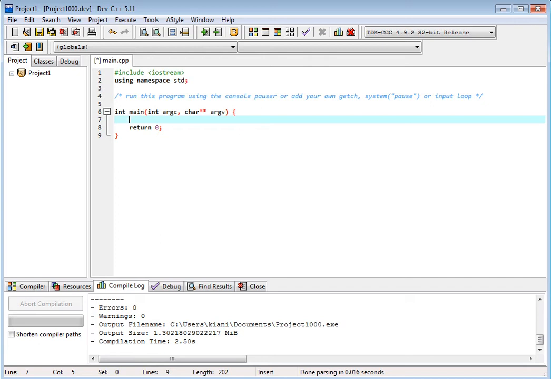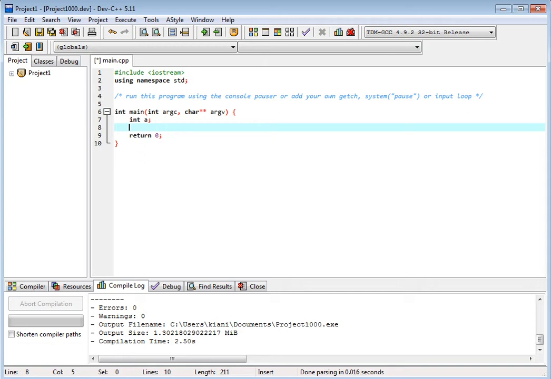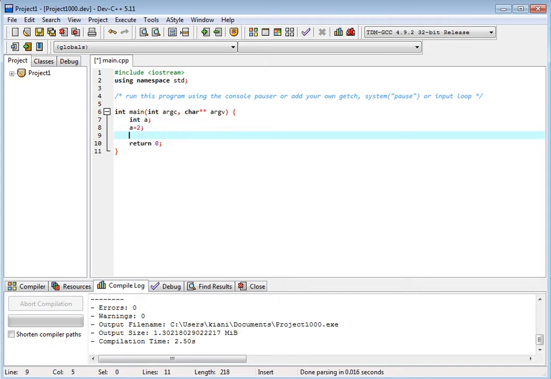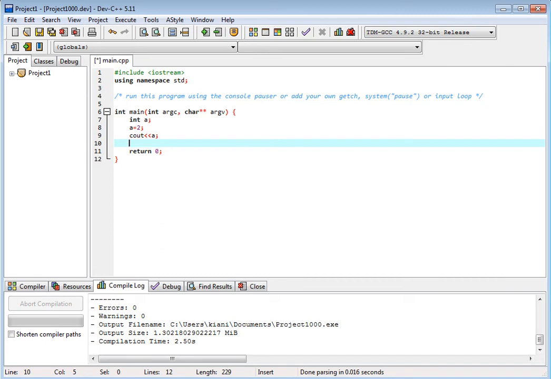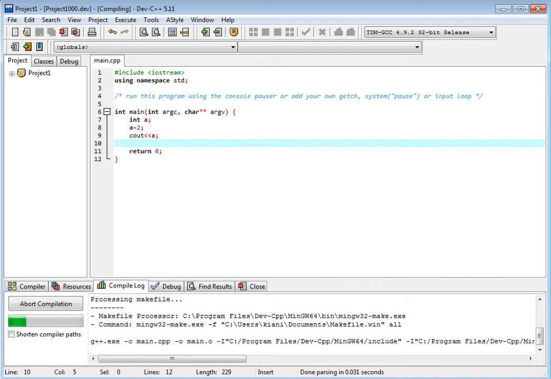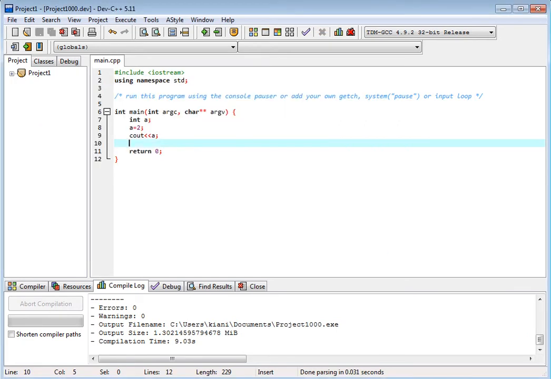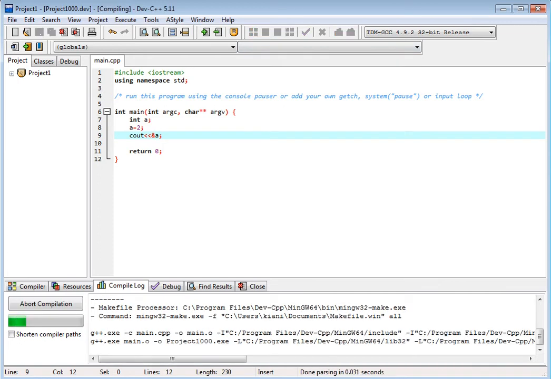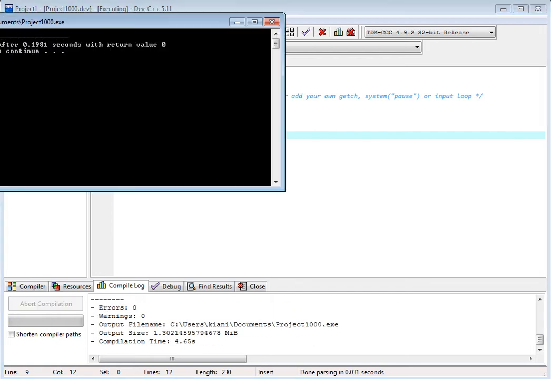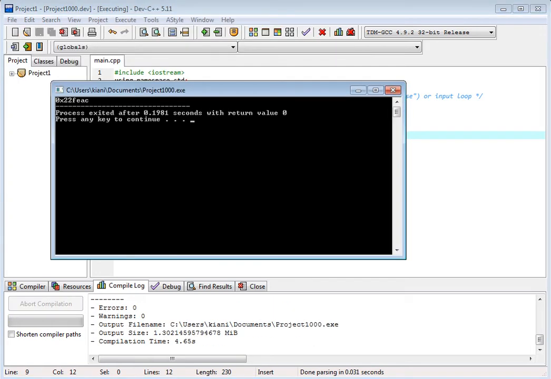Okay. So there are two things we have to remember, that there is one value and every value has an address. So for a variable, if I type integer a, it has two things. For example, I write a is equal to 2. I write cout a. This will print 2. We know that this will print 2. Okay, this is 2, right?